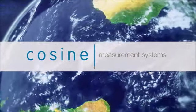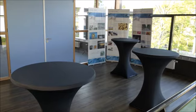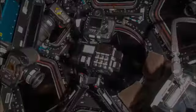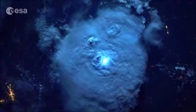We are the first in the world to build a multi-scale system for Earth inspection. Cosine has been building innovative measurement systems for about 20 years for space and non-space applications. We have hardware flying towards asteroids as part of the Hayabusa 2 mission, and we have built hardware for the International Space Station to take high-resolution pictures at night of the Earth, and this helped scientists to understand better the